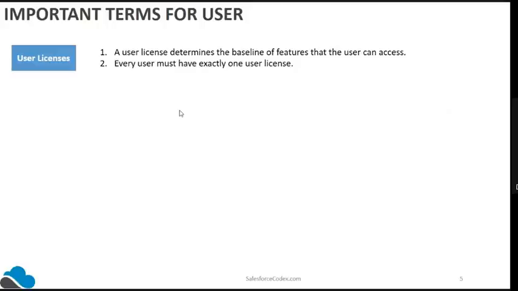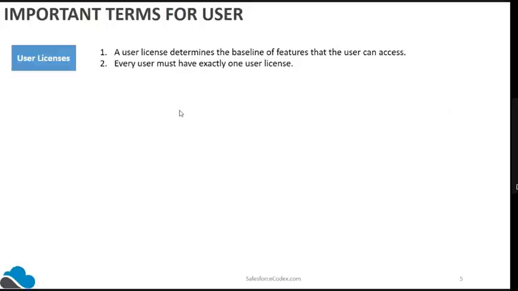CRM means, normally we go with the Sales and Service Cloud features, the account object, other customer objects, or the lead and opportunity, those things. And similarly, we have a Salesforce CRM license or a Salesforce Platform license. The Salesforce Platform license is related only to custom applications or app extension products. If they want to use those, then you give a license related to Salesforce Platform. In that case, they probably will not be able to use other Service Cloud and Salesforce features. So these are different kinds of user licenses.